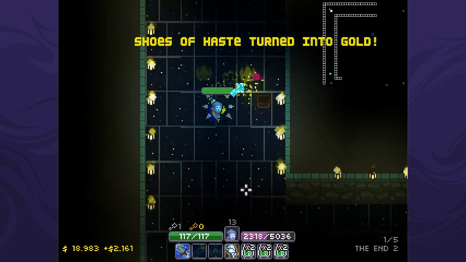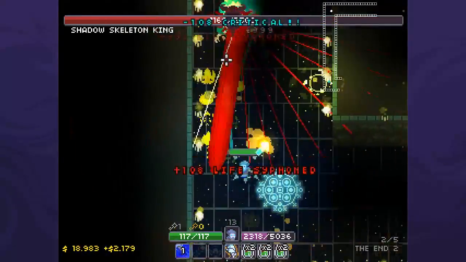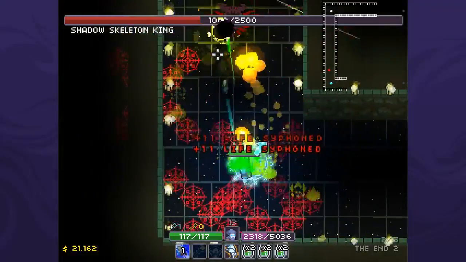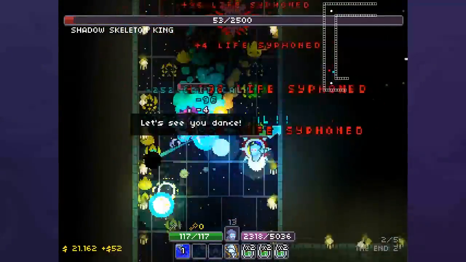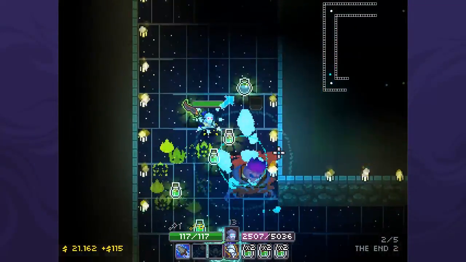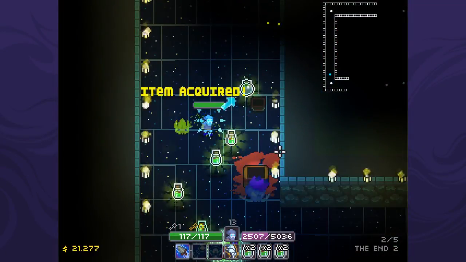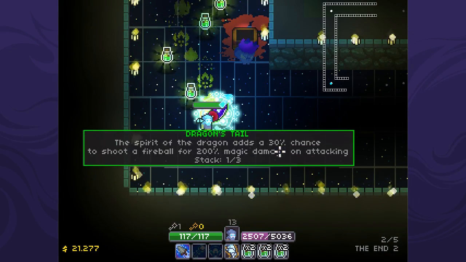Okay, so we get Boots of Haste, which I can just turn into materials. Okay, we get another Shadow Skeleton King. Ow. Maybe? The heck is going on here? Yeah, it feels like my best bet is actually to just sit directly on top of the boss and just shoot him a bunch. Okay, so we get another Blood Dagger, which boosts my lifesteal even more. Not even going to touch Potion of Risk. Dragon's Tail, which gives me...